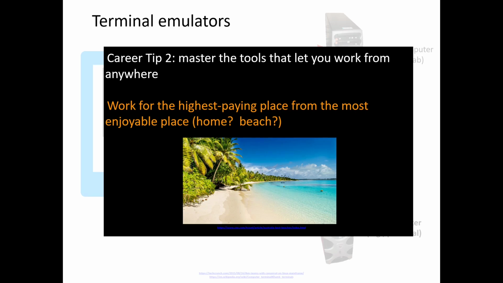In fact, using a terminal emulator is going to let me connect to the computers at the university, and I can do my job from anywhere. Right now, I'm sitting in my basement. 3 weeks from now, I'm going to Las Vegas. You guys will never even know that I've left the house